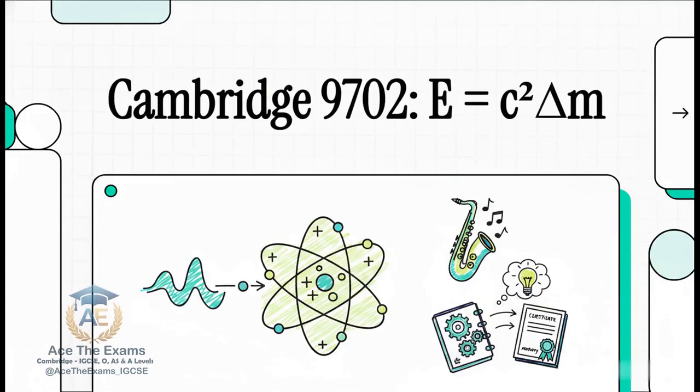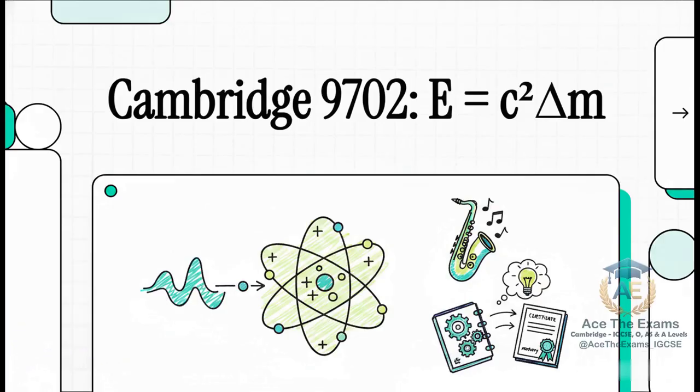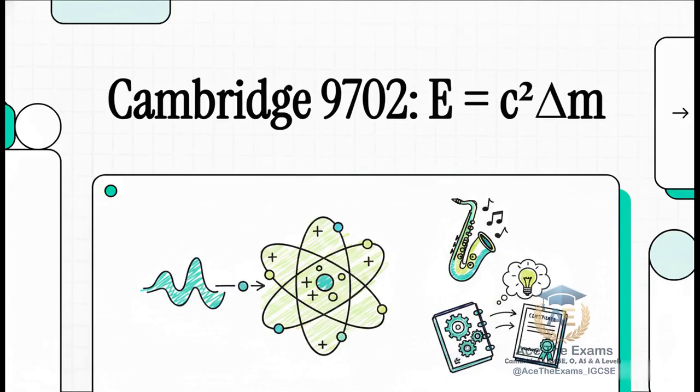Okay, let's jump right into this explainer and completely demystify one of the absolute most notoriously challenging, mark-draining areas in all of Cambridge physics. We're talking about calculating energy released using the legendary equation E equals c squared delta m. Now, whether you are studying for the core 9702 A-level syllabus or building your foundations in 0625, 0651, 0652, or